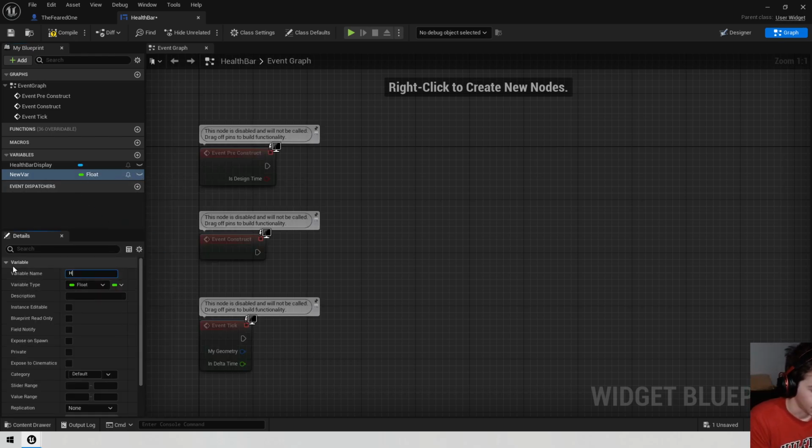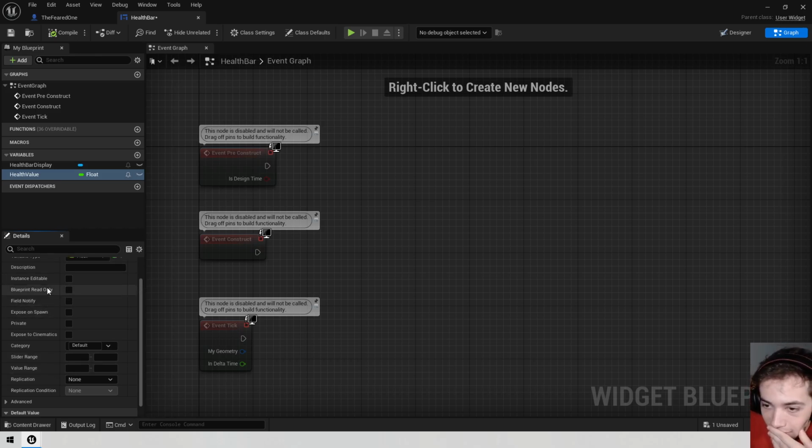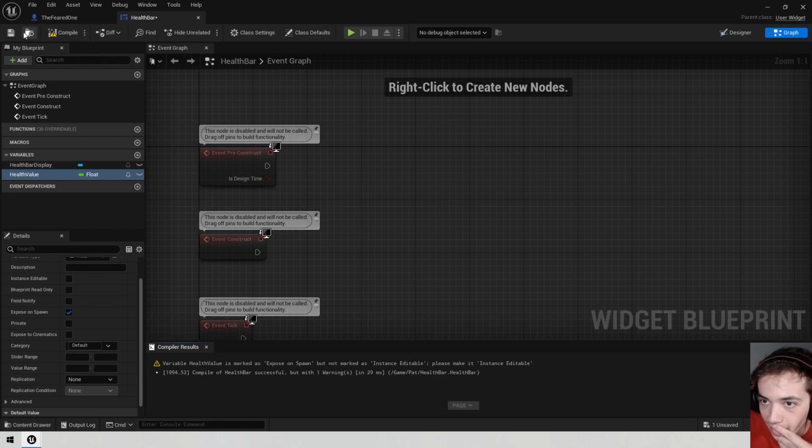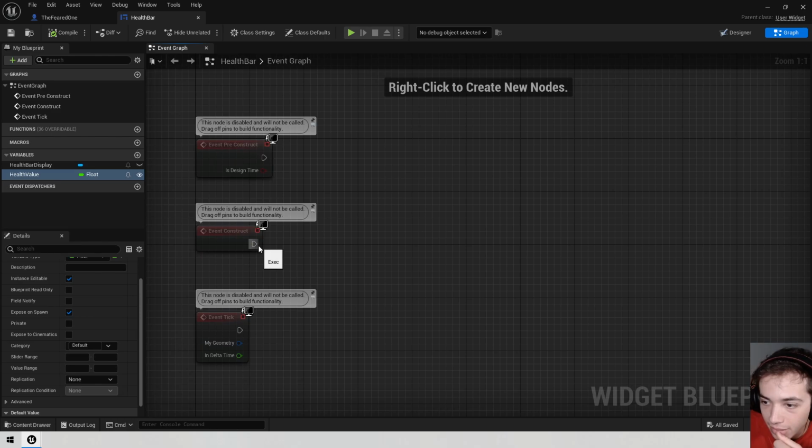So health value, and I'm going to make this editable, expose on spawn. Yes. Compile, save. And I'm going to make it instance editable and save. Okay, so